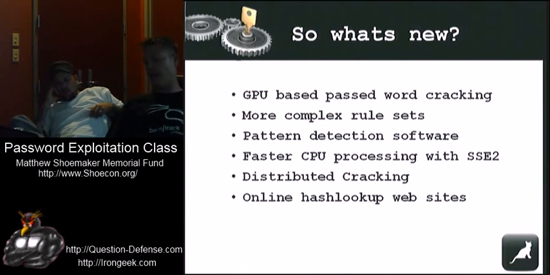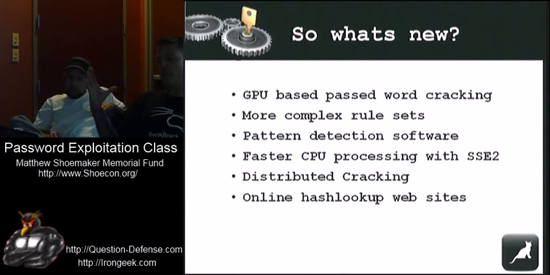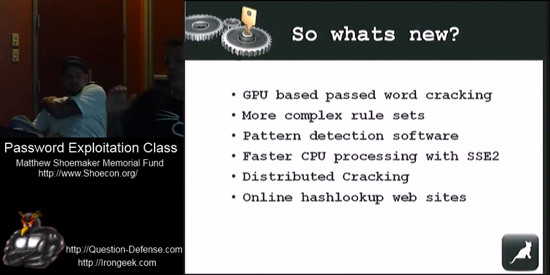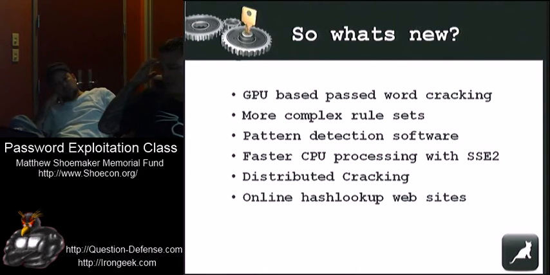Something else that's new with Hashcat is a much more complex rule set which you are able to make. If anyone's familiar with the rules in John, basically you can create a rule to do anything to the word. So in the most simplistic of rules, you would say, take every word, capitalize the first letter, and append a date to the end of it. For example, that would be a rule. And so you would run that rule with your password list against a list of hashes, and hopefully you would come up with some more passwords, since a lot of people do their name and the date, or their name and the date they were born, or something like that.